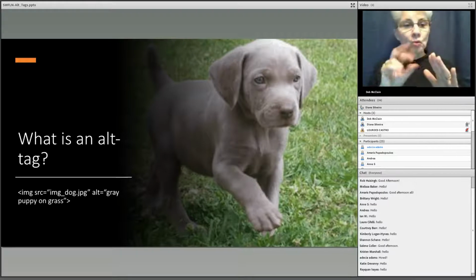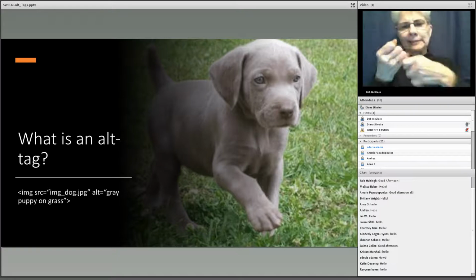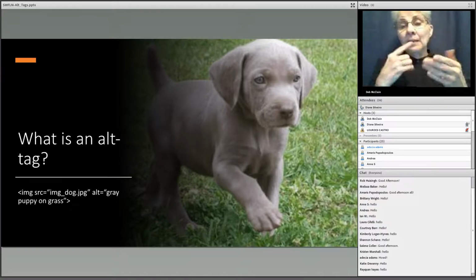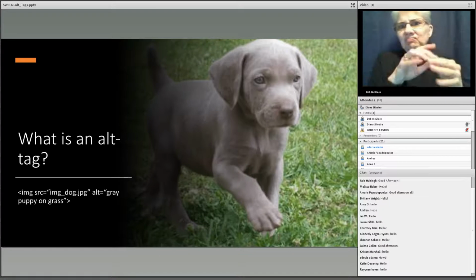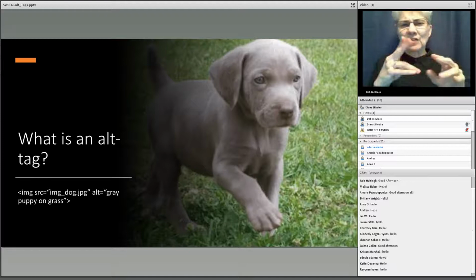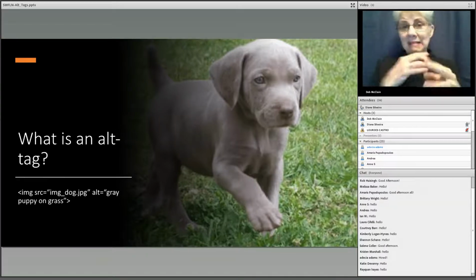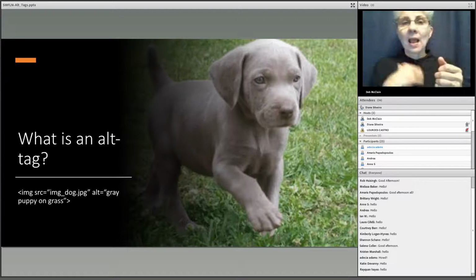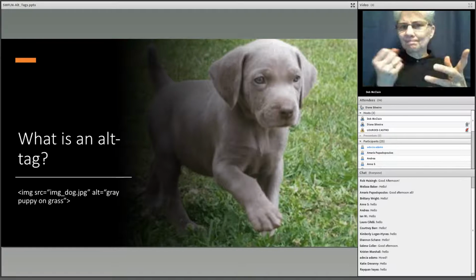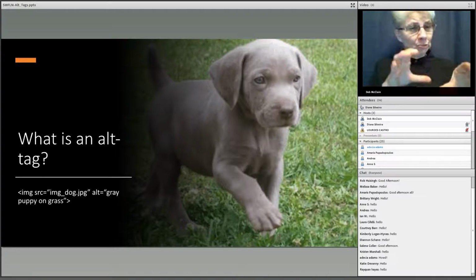A lot of times though, especially if we're taking pictures with our phones or downloading them from other sources, the file name might be a bunch of gibberish. It might be a bunch of numbers. It might have a whole mess of irrelevant information in there. So the name of the file often is not that useful for people. It doesn't really tell anybody what's in there. I know all of the pictures I download off my phone start with DS and then have a whole mess of gibberish afterwards. So what we do is add this,